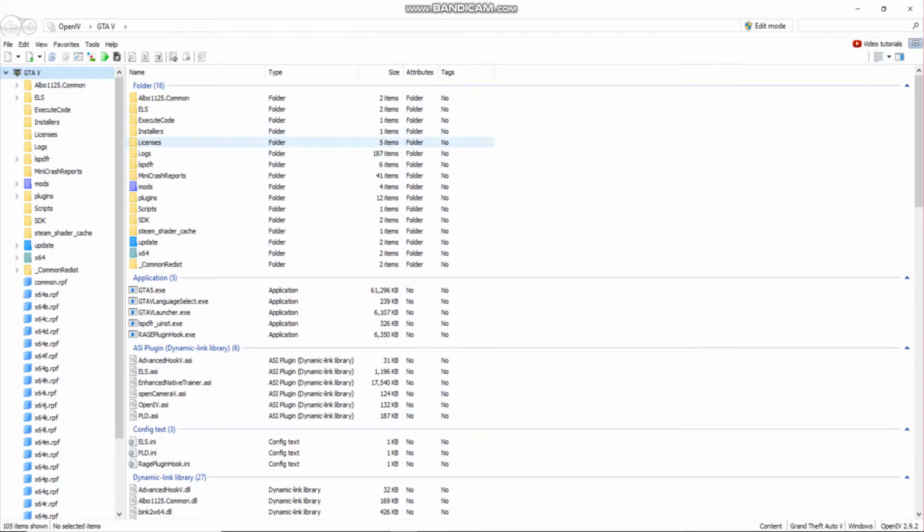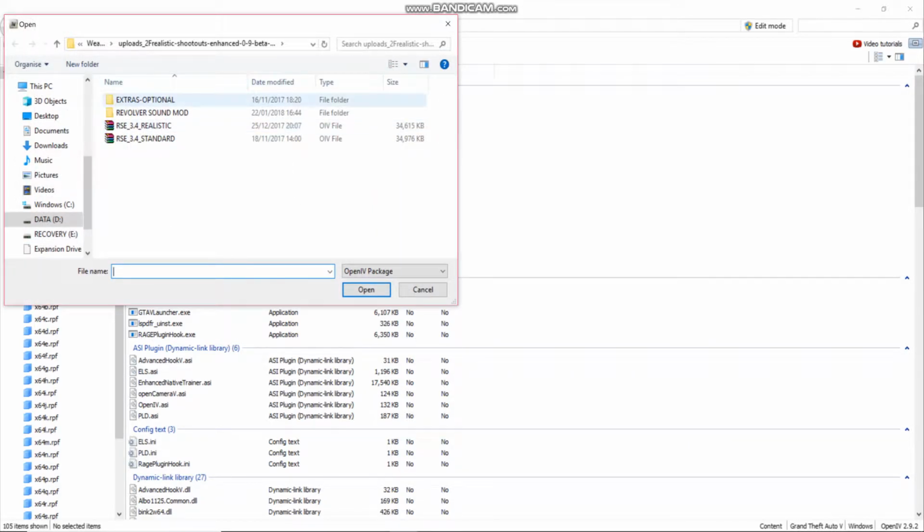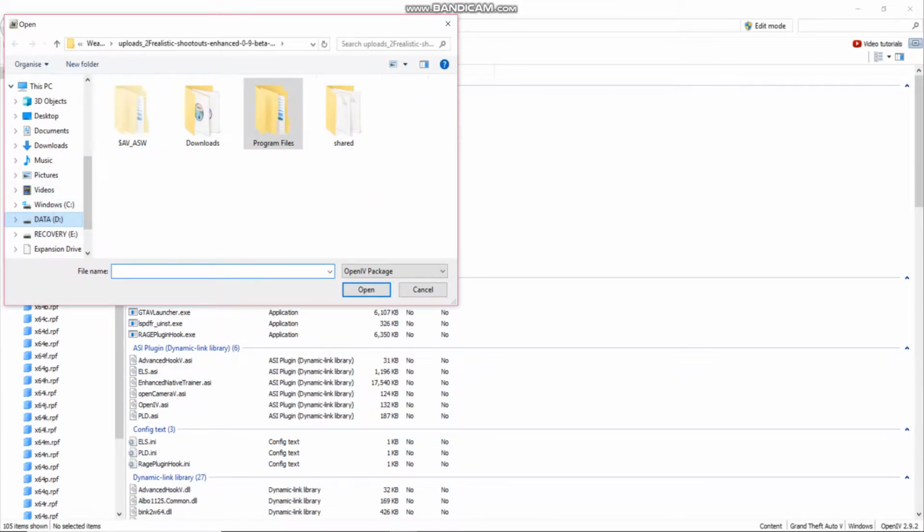Very daunting, but once you've played around with it, you start to kind of know what you're doing. So up to the top here, we've got tools next to favorites and help. So we'll click tools, and we're going to go down to package installer, because we're installing a package. We'll click the package installer, and then it'll ask us where we want to